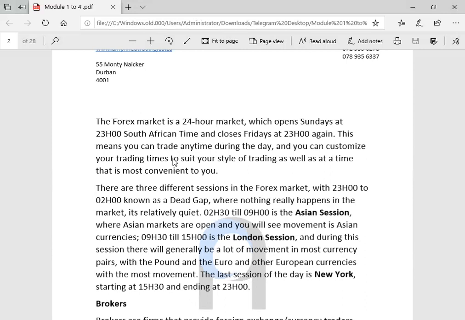Now in terms of sessions, if you are brand new to trading, there are 3 main sessions. We won't go into too much detail about what goes on in those sessions. However, there is the Asian, the London, as well as the New York session. Now the Asian session is usually the one that's quiet, aside from some Asian markets, simply because